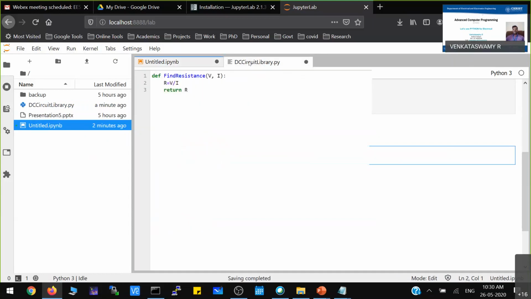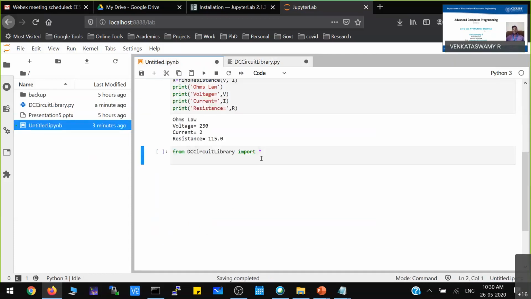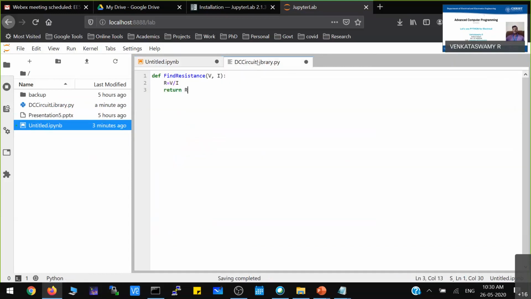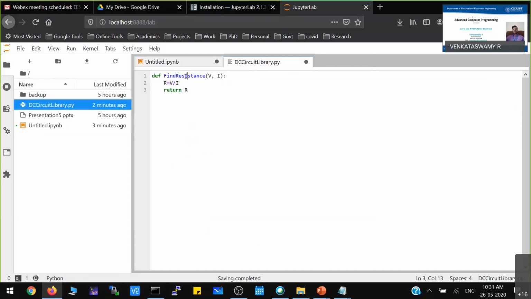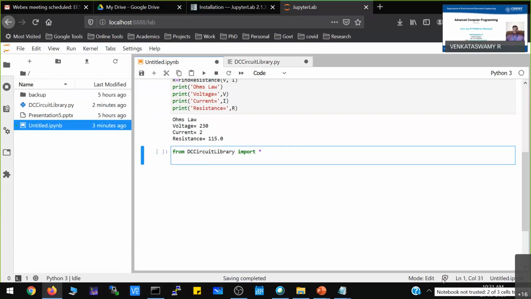Fortunately we have only one function here, but you may have hundreds, thousands of functions. If you want to import all functions, you can import like this. If you want to import specifically, to improve time performance, you can simply import that particular function. For time being, let us import all the things.